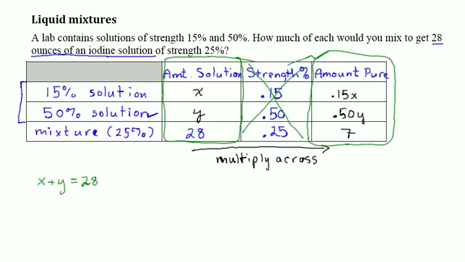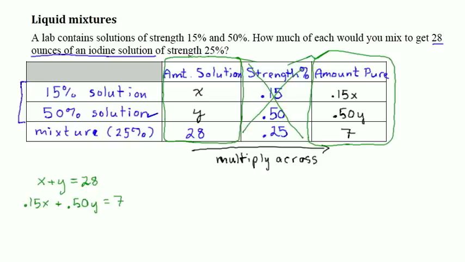Adding the amounts of solution, we should get the amount of the mixture solution. And 0.15x plus 0.50y equals 7. If I add up the amount of pure iodine I got from the first solution to the amount of pure